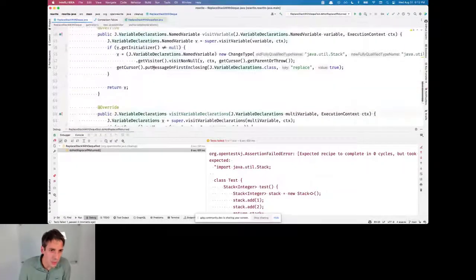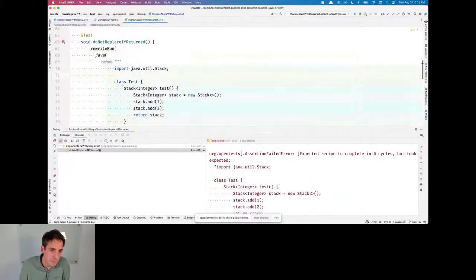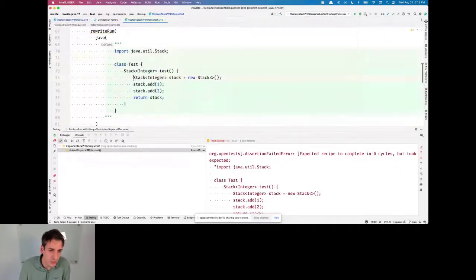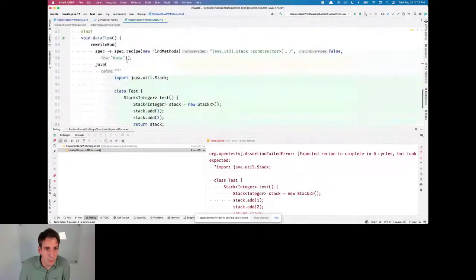So we've got a little bit more to do, a little bit more sophistication to add right here to see, is this something I really want to do? And so this is going to get into something we call data flow analysis or local flow analysis. We want to look around the body of this method and see how this thing is used. And for this, I just want to show you one form of data flow. So we've got this other base building block recipe called find methods, which allows me to define a receiver type, and in this case, I want to find constructors with any number of arguments.